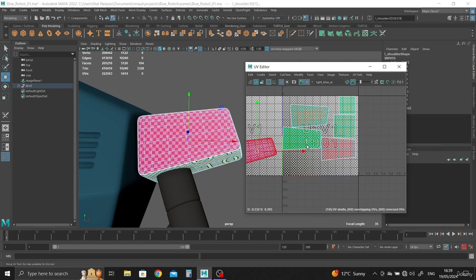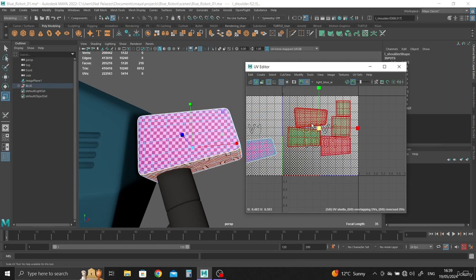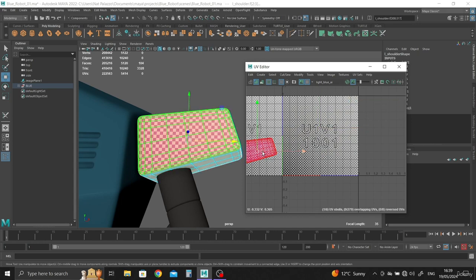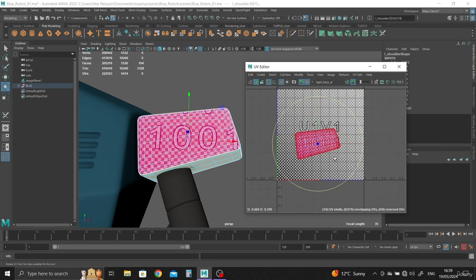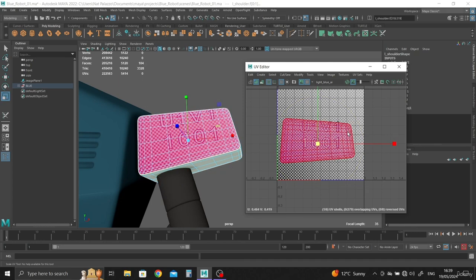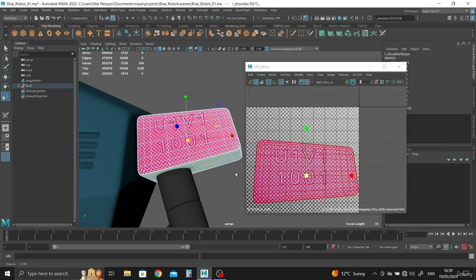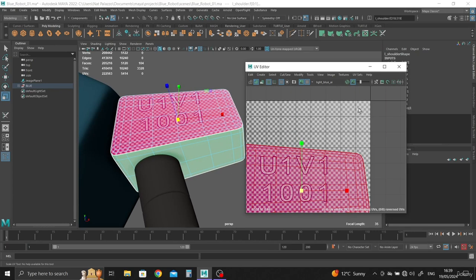All these other pieces don't. So in this case we can grab them and just shrink them and move them out of the way, because the reason for doing that is the more space this object occupies, the better the quality the texture is going to be. So why should all these bits that aren't going to be textured occupy